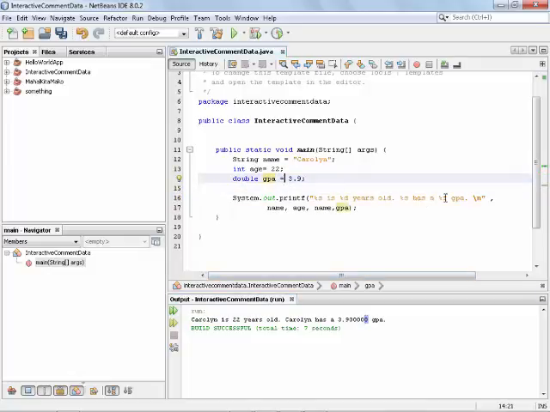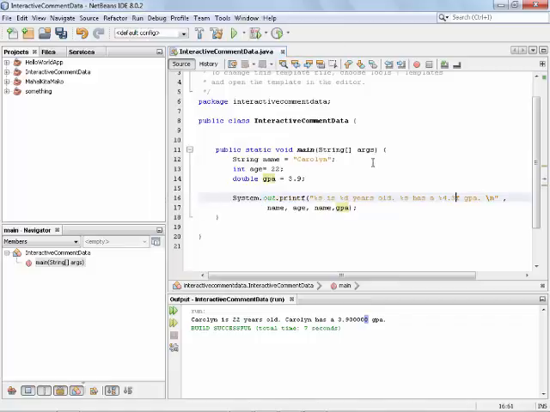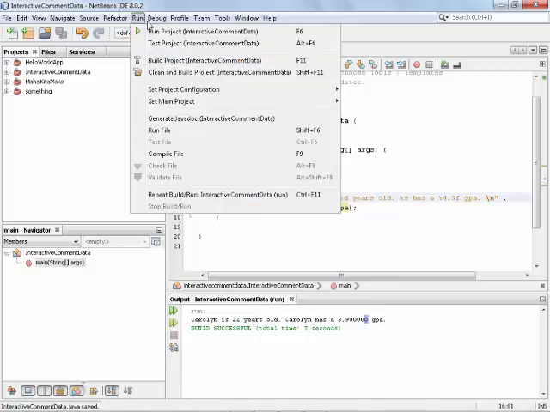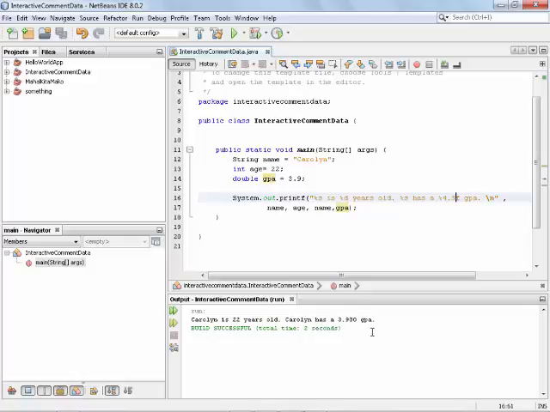So if I try percent 4.3, because 4 is the width and 3 is the digits after the point, and run it. Here we go. Caroline is 22 years old. Caroline has a 3.900 GPA.